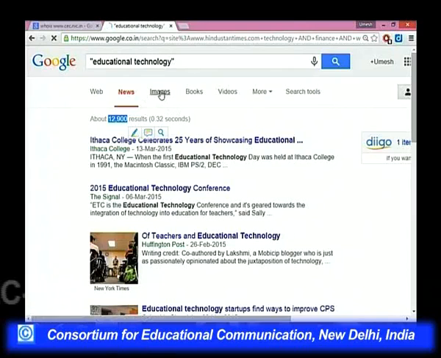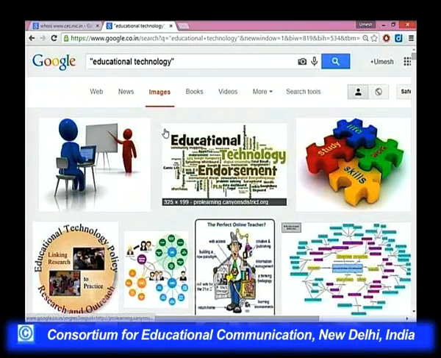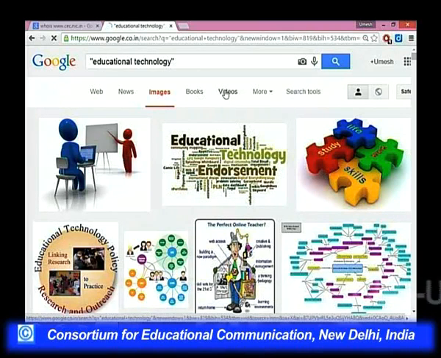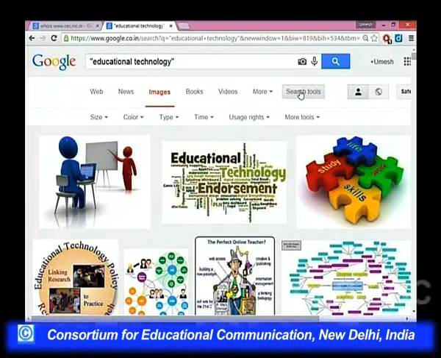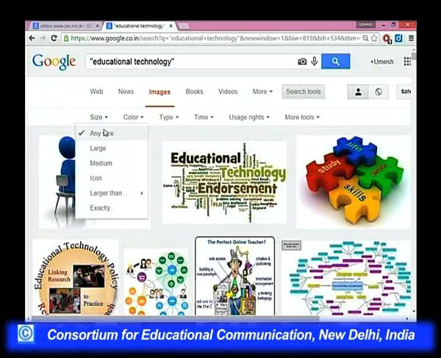And then if you have to search for images, then see these are the images relating to educational technology, and again see some video on educational technology and the books, and in the more you can click maps or whatever. If you click search tool here, then you see you can still further go down, any size.